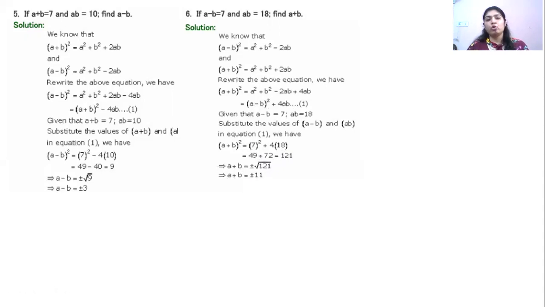Again, it depends upon you. If you can memorize the formula, if you can memorize the identities, then it is easy for you to just write (A plus B) whole square minus (A minus B) whole square is equal to 4AB and put the values of the given ones. See, A plus B and AB are given, then you can evaluate the other one. And here A minus B and AB are given to you, you can evaluate A plus B. But if you are unable to memorize, then you can go ahead with this one.